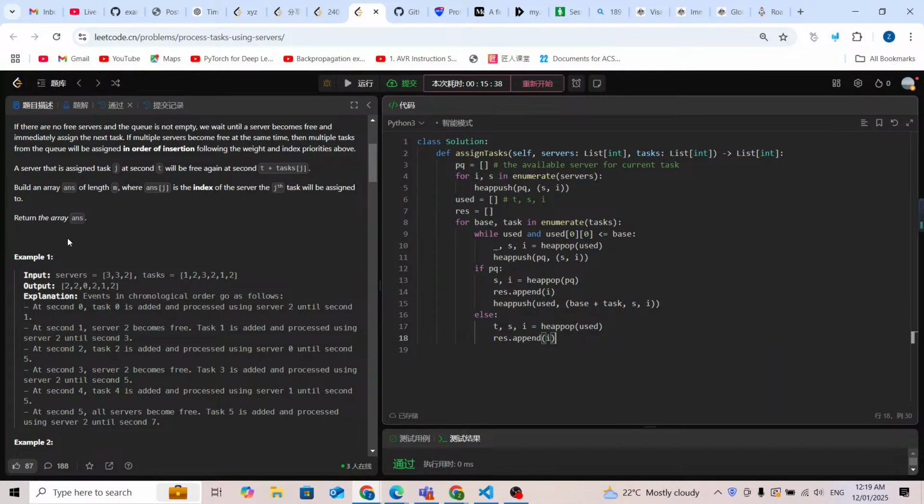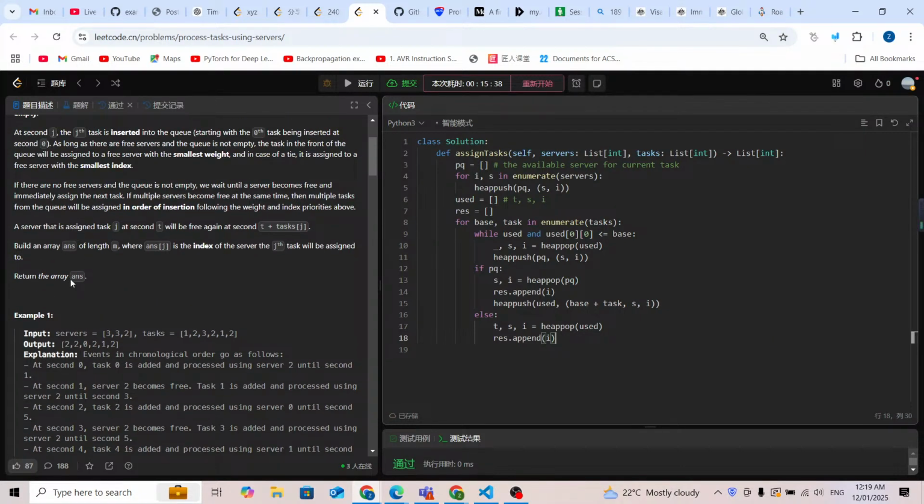Yeah, because the return is going to be an array of answers, where answer j is the index of the server. So I'm going to use the index of the server. Here is just the index of the server. Here I prepared the index of the server, and then I'm going to use it. Yeah, this is also the index of the server. So I pop out from the used heap, and I prepared the final